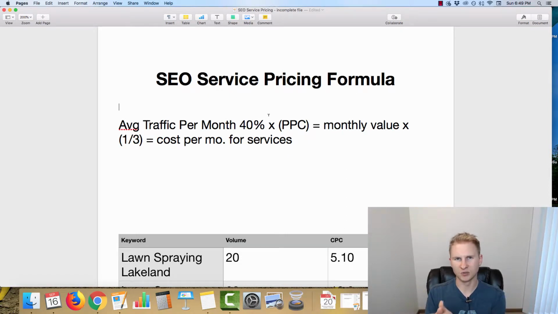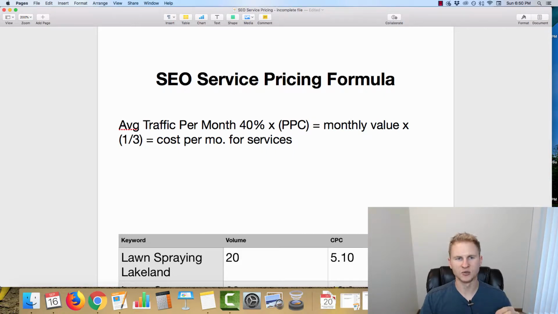One person's cost of doing business might be totally different than another person's, because that person might have staff and office and way more expensive equipment and a whole host of other things. Same with agency to agency, it might be a little bit different. But I wanted to give you my technique that I use for at least establishing a base price, and then I make determinations from there based on the calculation that I come up with, which I'm going to share with you in a second, and then determine: is this enough for what we need, and does it include enough profit margin for it to be worth it to us to fulfill the service?